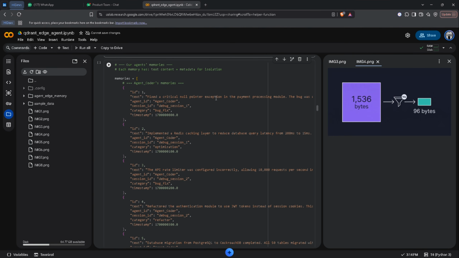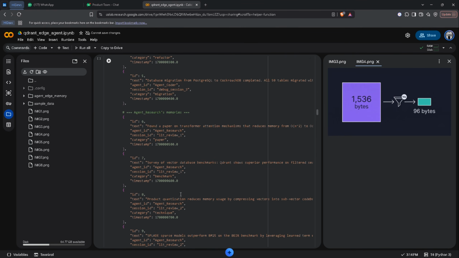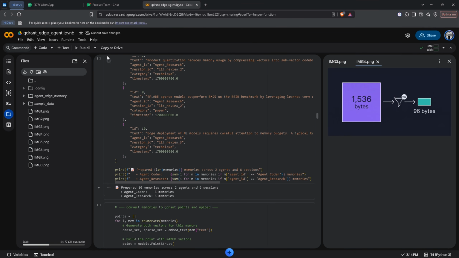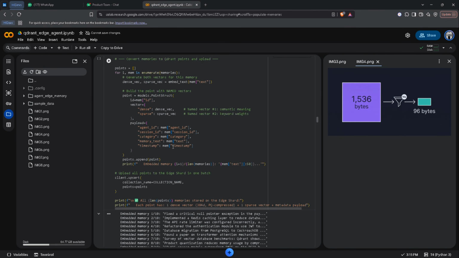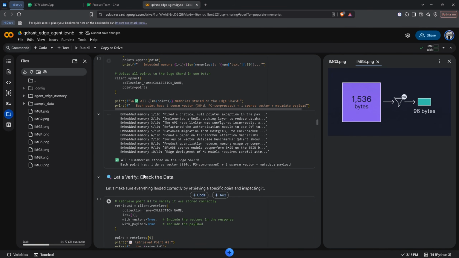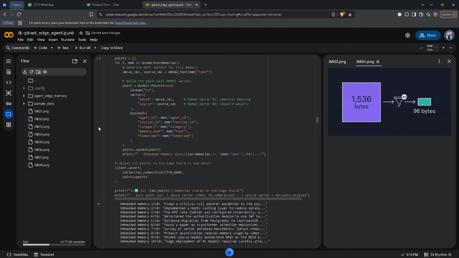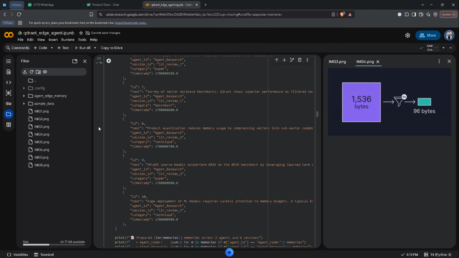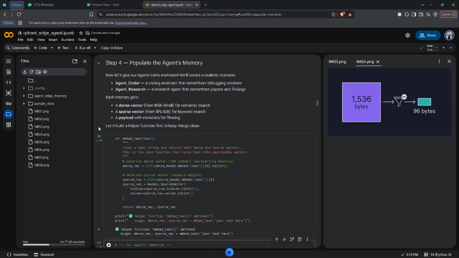Agent id is agent coder, session id is debug session 1, timestamp is this, and according to that we had created this database. And I think this is initialized. We will run this, and here you can see that the embedded memory from 1 to 10 all are fixed. Here we can see the description, and here's the memory, and all the 10 memories stored in the edge shard. So what we did till now is we created the edge shard, we initialized it, we created